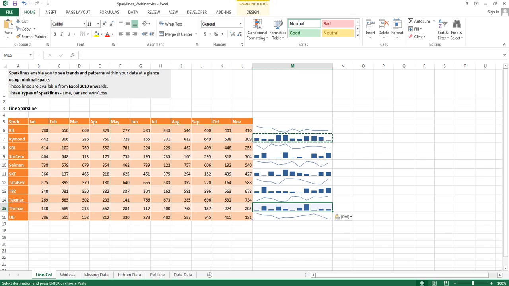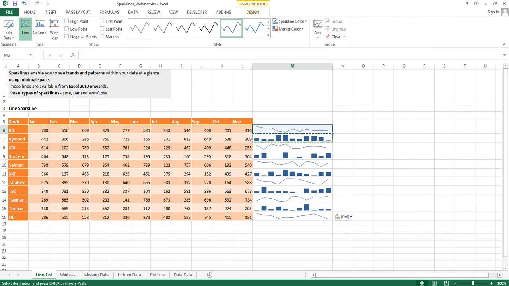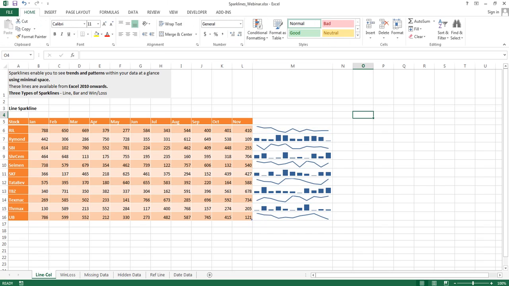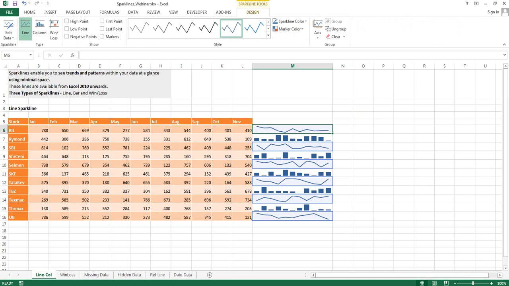Now if I click on one line chart and if I go to my design tool and edit anything in the formatting, it only gets edited for one. So if I want to pick more than one line chart, by pressing my control key, I can pick the multiple line charts. Once I've done that, I can group them together, and once I've grouped them, whatever changes I make to one, I can make to all. So you can group them, so that if you're working on one, it applies on all. So that's the benefit of grouping.